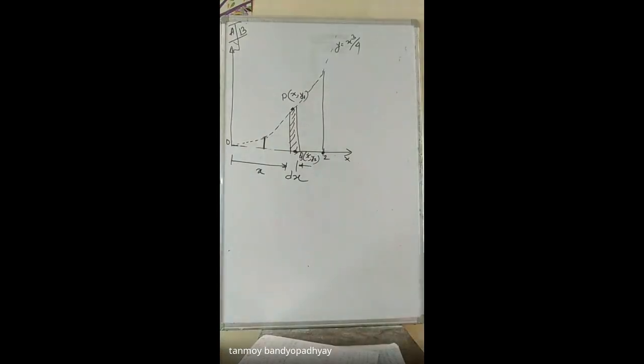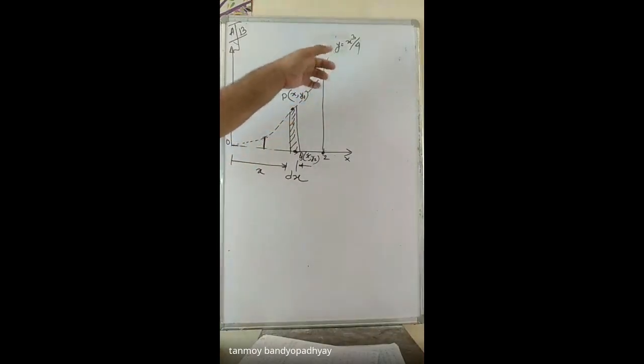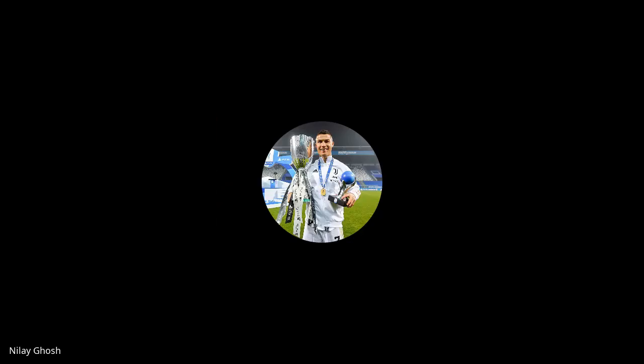Since you will be doing everything based on the elemental area, you have to consider the points that lie on the elemental area itself and on the curve. Unless this point lies on the curve, you cannot replace this x and y using the equation of the curve. So if I take a point P here, I cannot do this substitution for x and y1. That is why I am considering a point P that lies on the curve, and if we have 2 curves, we take 2 points P and Q lying on the curves themselves. In this case, the other curve is actually the x-axis. Okay? Is that understood? Yes, sir.